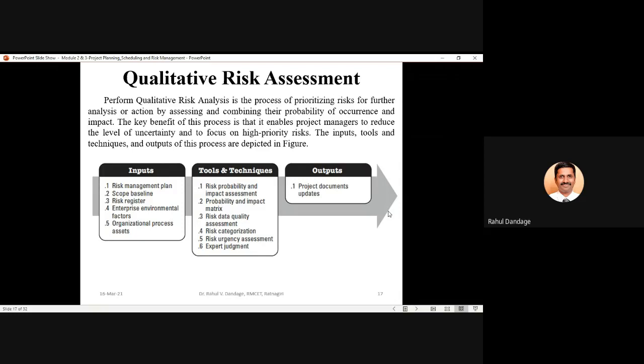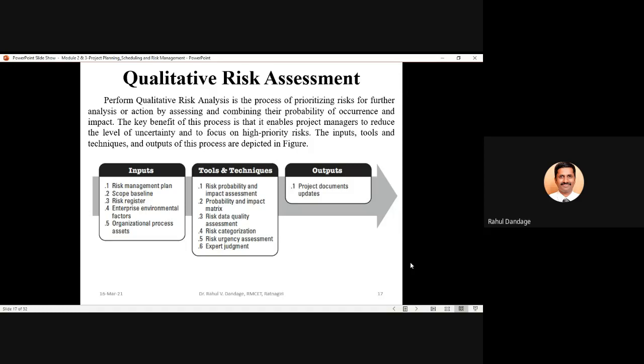Then the tools and techniques we can use are risk probability and impact assessment. This assessment can be done by using the probability and impact matrix. Then risk data quality assessment, risk categorization, risk urgency assessment, and expert judgment.